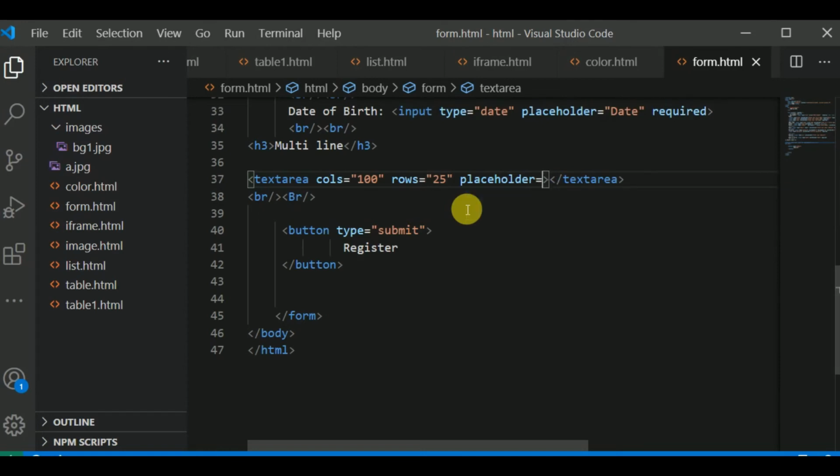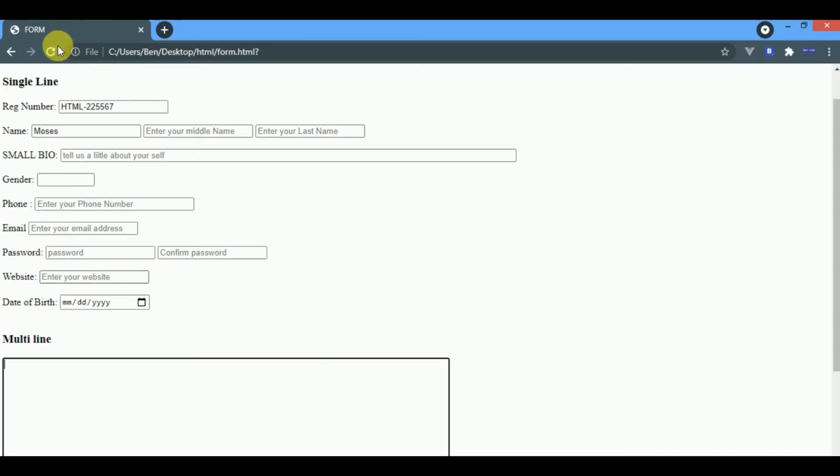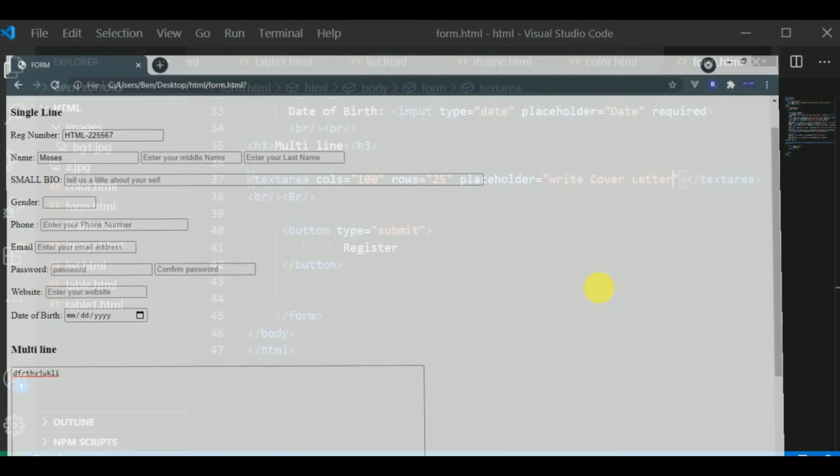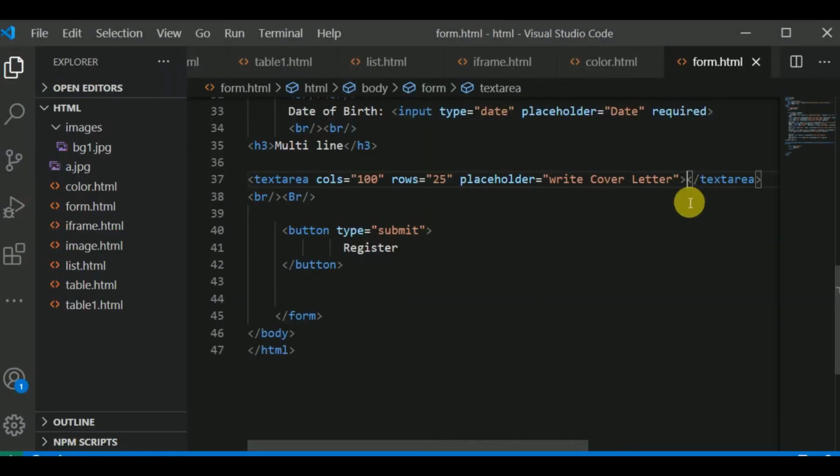Anything different from this placeholder might not work. Okay, let me say write cover letter, right? Okay, that is the placeholder. If I refresh, you see we have the placeholder. Once I write, the placeholder goes. But assuming I give a space, maybe I do something like this,